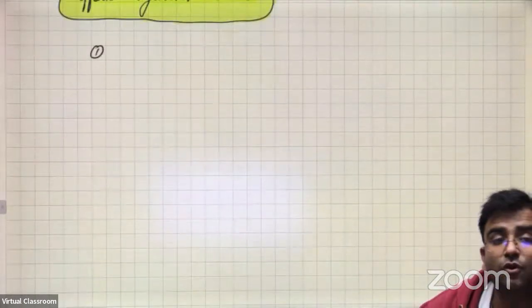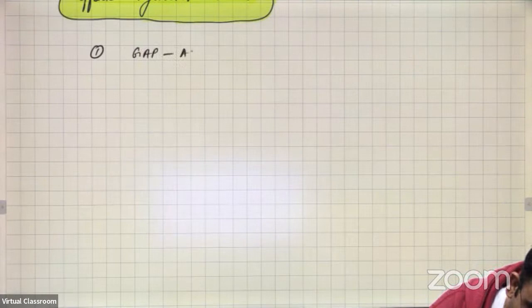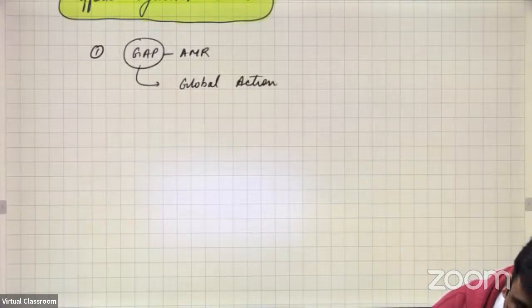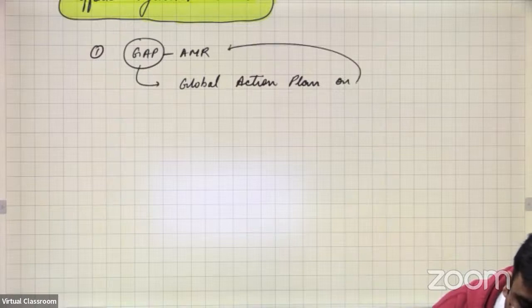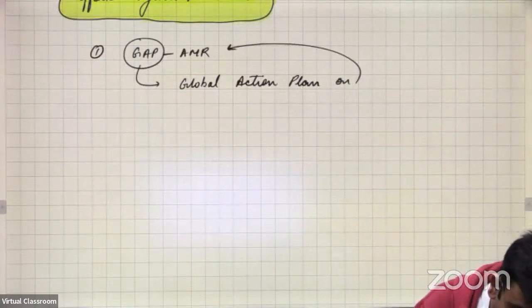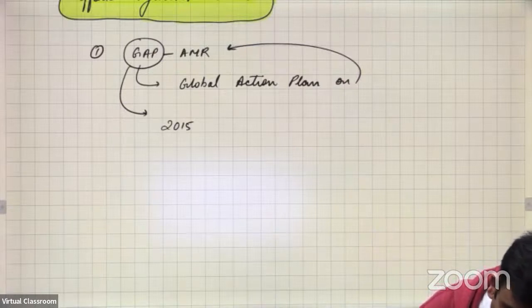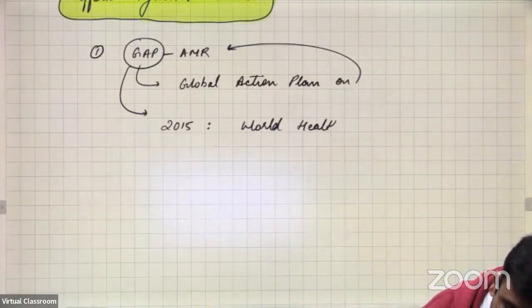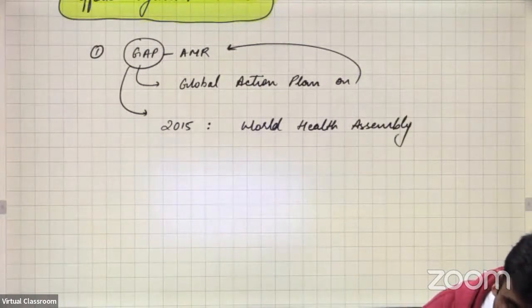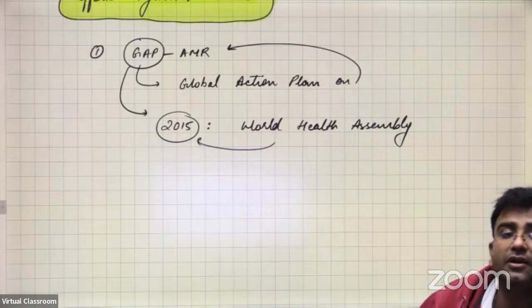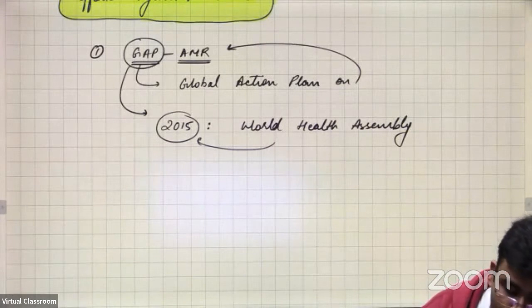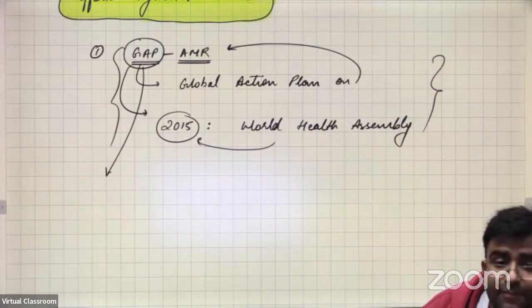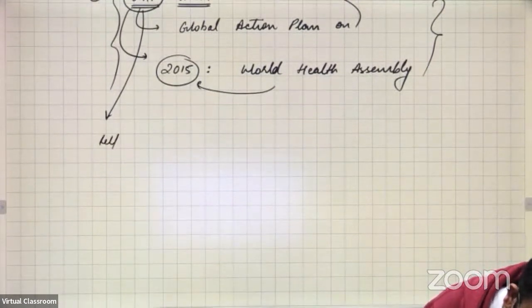सबसे पहला एफर्ट है which is known as the Global Action Plan on Antimicrobial Resistance, GAP-AMR. GAP is Global Action Plan. This Global Action Plan was set up in 2015 on the backdrops of the World Health Assembly. The World Health Assembly organized itself in the year 2015, and in that particular assembly, Global Action Plan on Antimicrobial Resistance was adopted. The purpose of this Global Action Plan is helping individual nations